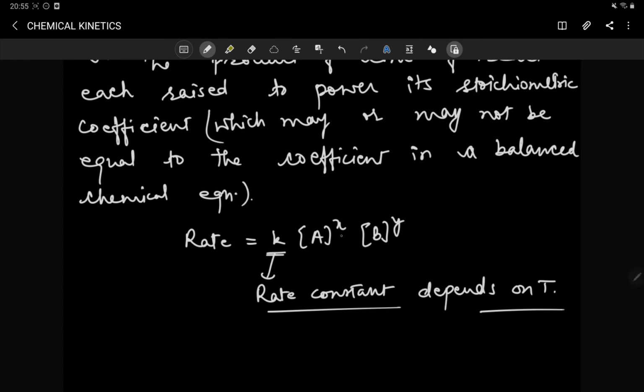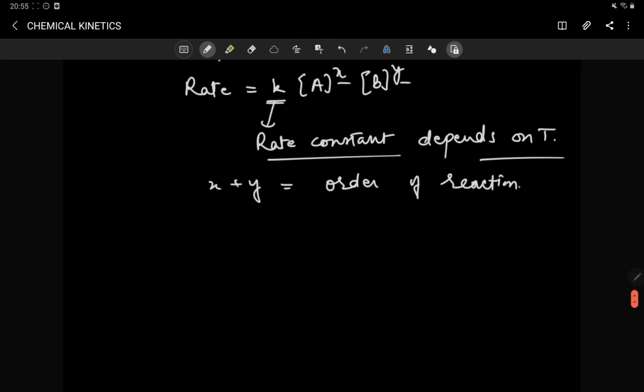Now, what are this x and y? If we add these x and y, we get another term which is called the order of a reaction. One thing I want to mention very clearly, that order of reaction, or you can say this x and y, cannot be determined simply by looking at a balanced chemical equation. I just want to give you an example. Say for example, this is an equation: 2NH3 gas that is undergoing thermal decomposition at temperature 1130 Kelvin and at high pressure.